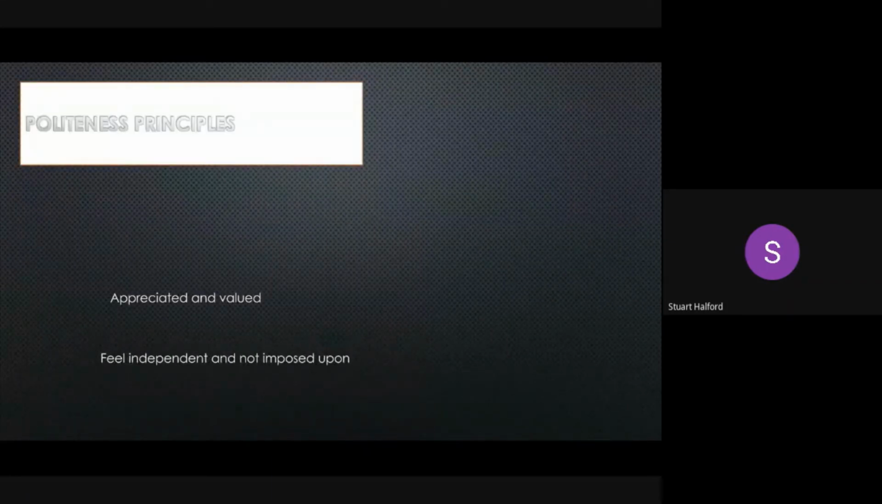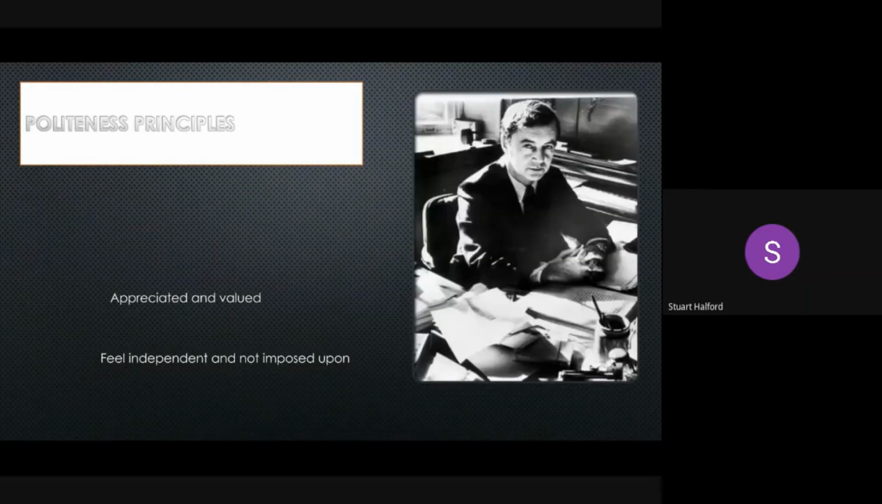So moving on to the politeness principles then. Apologies for a couple of things appearing in advance. So politeness principles then, based on the ideas of Irving Goffman,